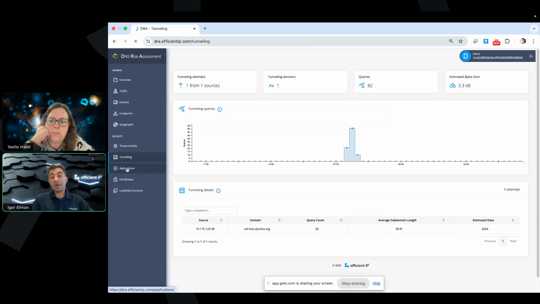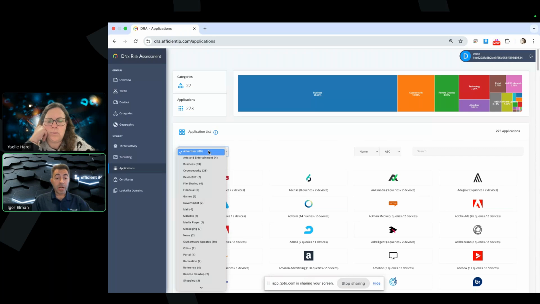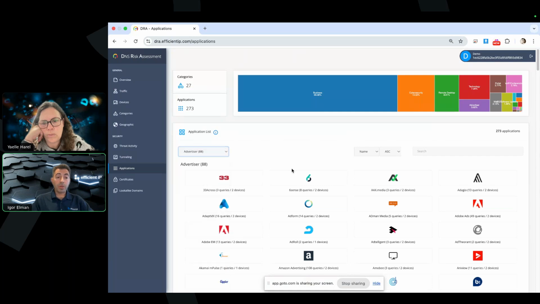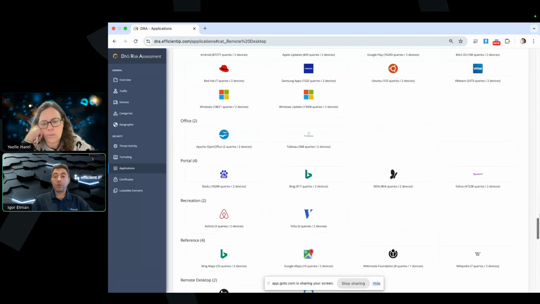Then come a very powerful applications inventory. By looking at the DNS traffic, we have this intelligence to identify different applications that are being used. Again, curated categories come here. If you want to spot unauthorized software, if you want to spot unlicensed software, it's a great opportunity here as well. If I want to look at some remote desktop applications that are being used within my organization, again, two are identified. If I want to look at all my security tools,